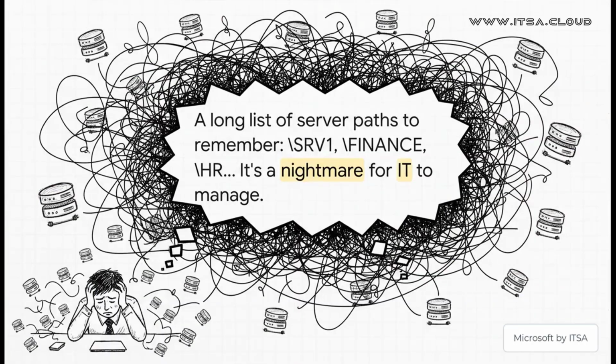And this is what that maze actually looks like. It's just a long, messy list of server paths that everyone is just supposed to memorize. And it's not just confusing for the people using it, it's a total nightmare for the IT department. Think about it. Every single time a server gets upgraded or replaced, every shortcut, every link that points to it just breaks. There has to be a better way, right?